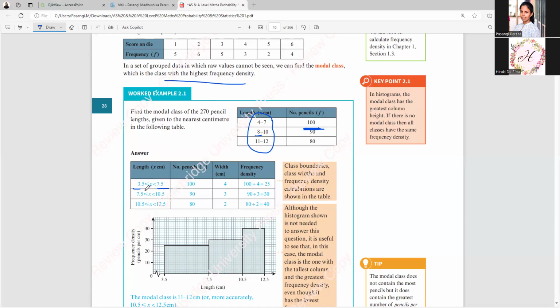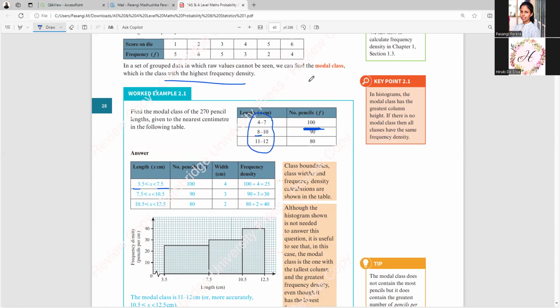Likewise, we should make it a continuous one. Here 3.5 to 7.5, here it's starting from 7.5 up until 10.5, and here we have starting from 10.5 up until 12.5. So here we have the number of pencils, and to calculate the highest frequency density,